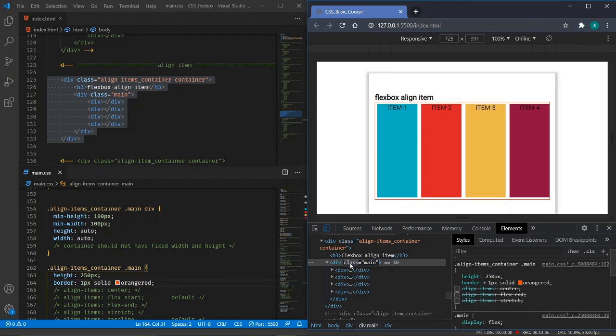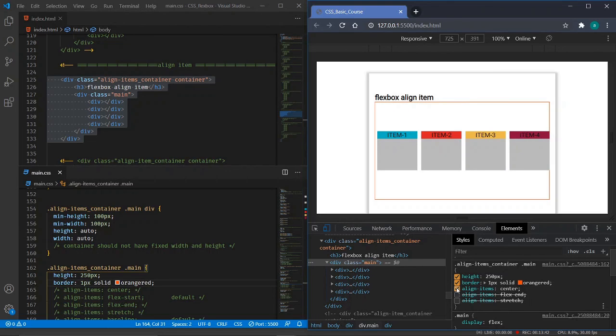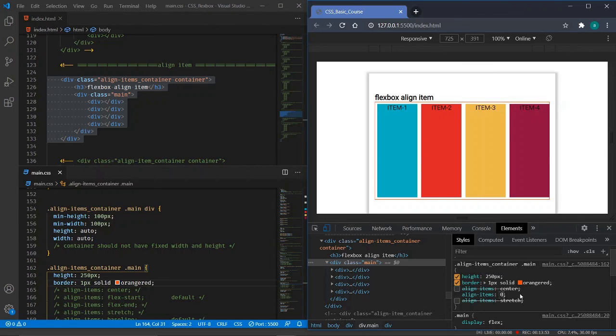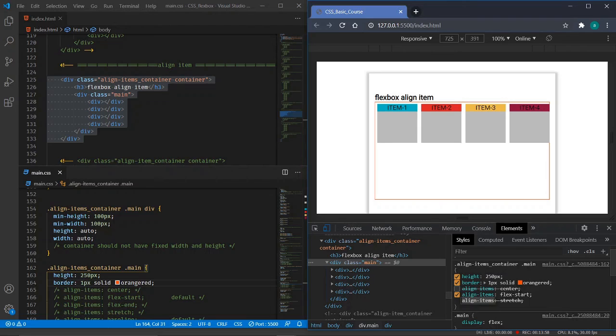It has many values like center, flex start, flex end. We will start with aligning the item at the center. You can see the items are aligned at the center of the section. At the flex end, we can have the flex start also here. Flex start, so it would be at the top.